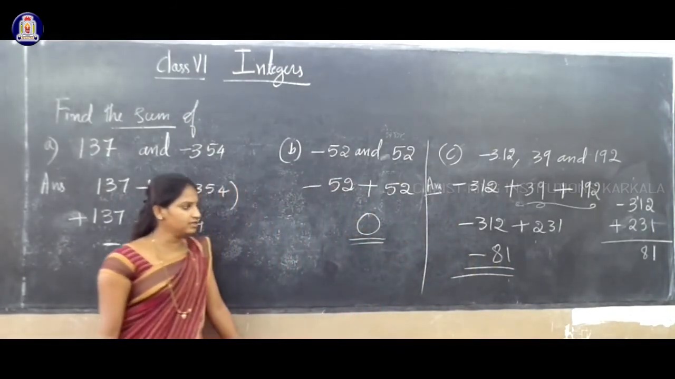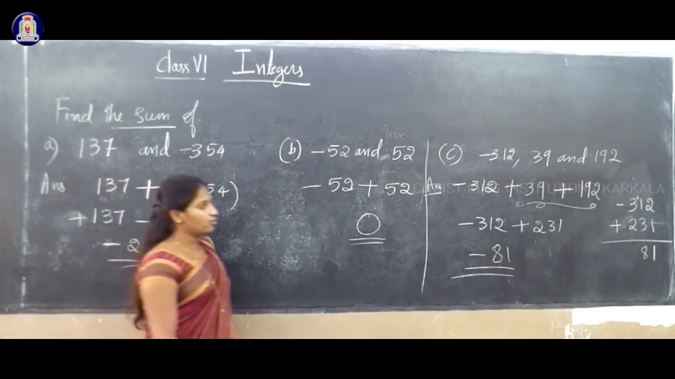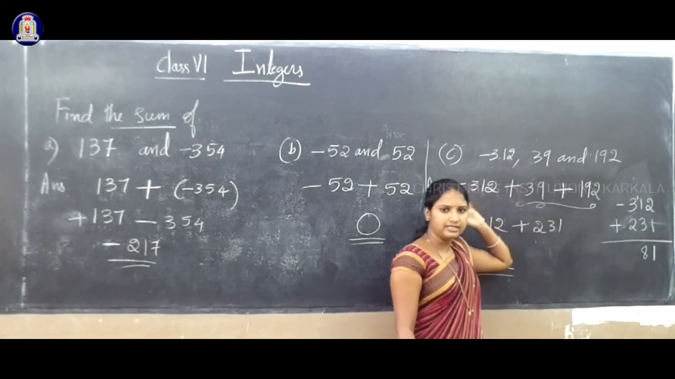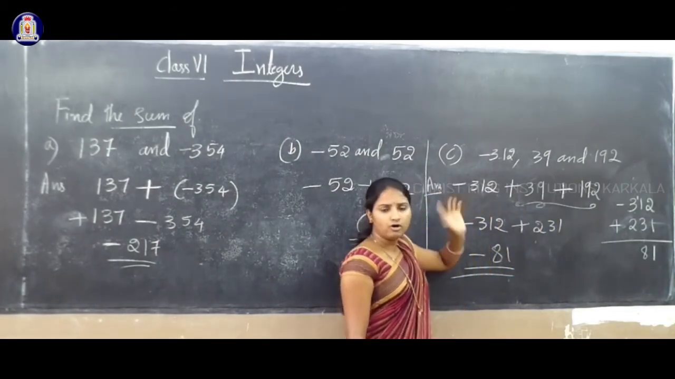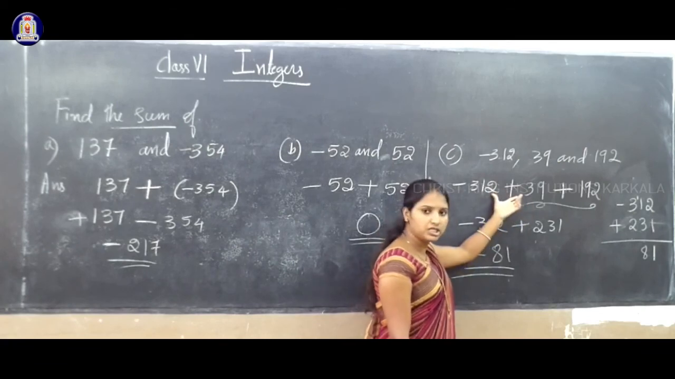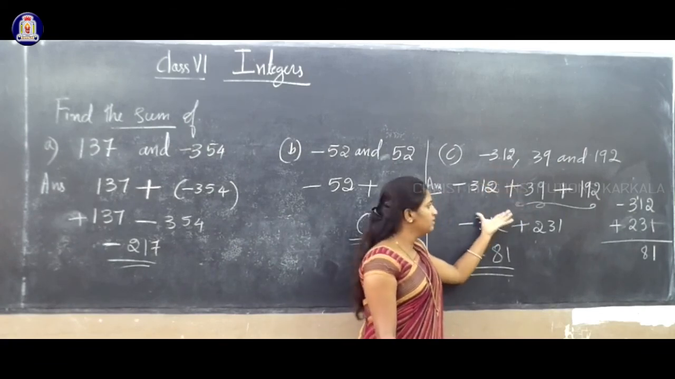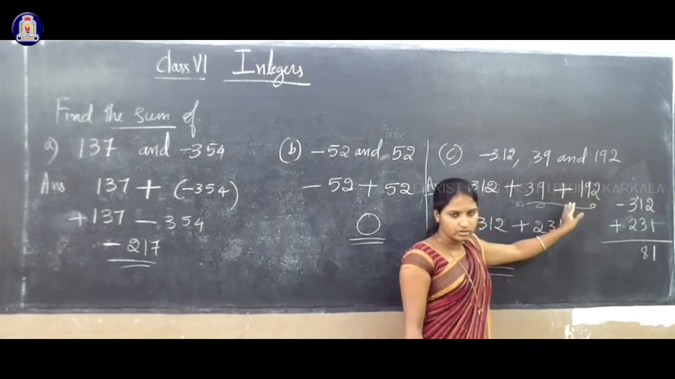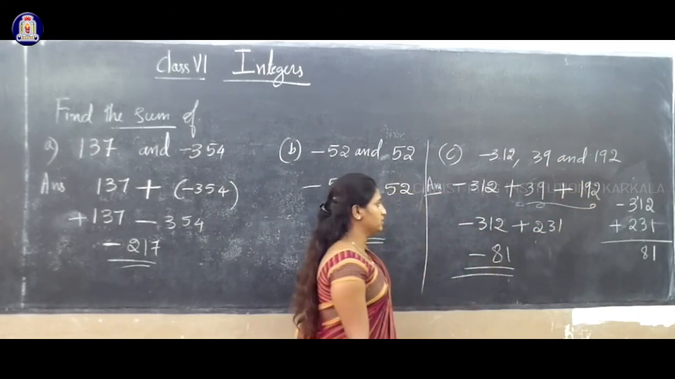Clear? Minus 81. Clear? So what I did, the last two integers you add first and then you add the first integer. Or else you can do it like this: consider the first two integers, then we get the answer. From that answer and the next integer you can do the calculation. Clear? So like that also we can do the calculation. You can add any